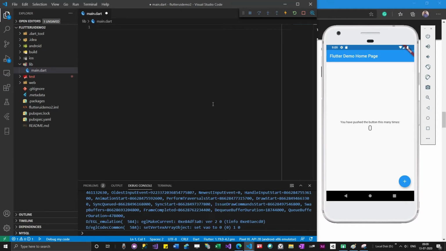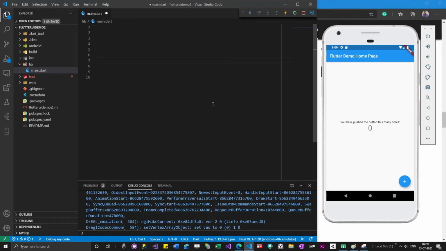So the first thing I'm going to do is, for every app in Flutter, we need a stateless widget or a stateful widget. There are two types of widget: stateless widget and stateful widget. During the initial stages you will be using both, but as time passes, you will avoid stateful widget as much as possible. What you have to concentrate on is using stateless widget everywhere.